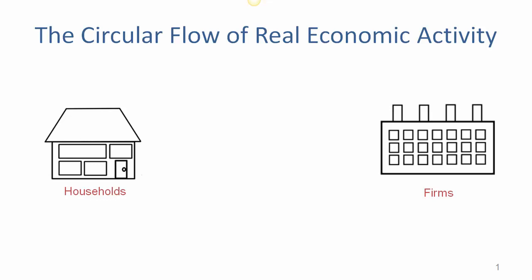Note that the firm buys resources from the household and in turn sells goods and services back to the households. It operates as a seller in the product markets and as a buyer in the productive resource markets. The household performs two basic roles. They sell their resources in the resource markets and use the proceeds, called income, to buy goods and services in